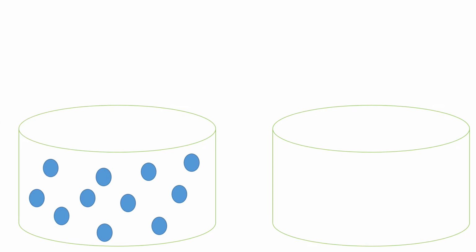Children, let's take another example. Here we have 11 beads in a bowl. Now observe how many beads I am going to take away. Are you counting? Yes children, how many beads did I take away from the bowl? Correct, I took away 3 beads. Now first we had 11 beads, I took away 3 beads. So I want you to count backwards and tell me how many beads are left in the bowl.